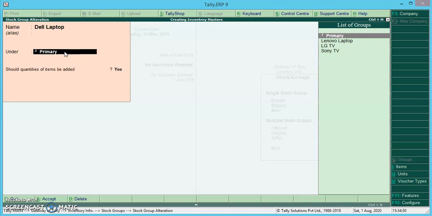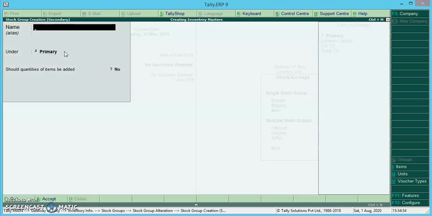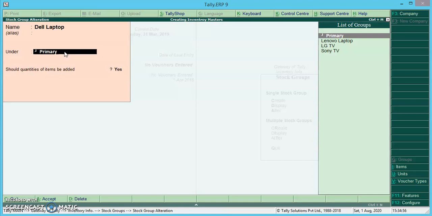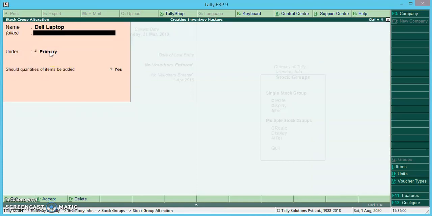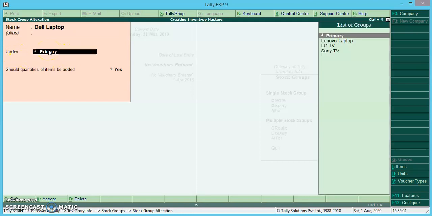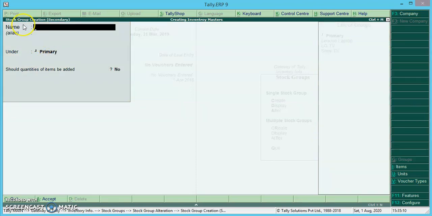So here press Alt C. Once again, when the cursor has reached the under field, press Alt plus C on your keyboard. Then stock group creation secondary. This is called secondary creation of stock group.